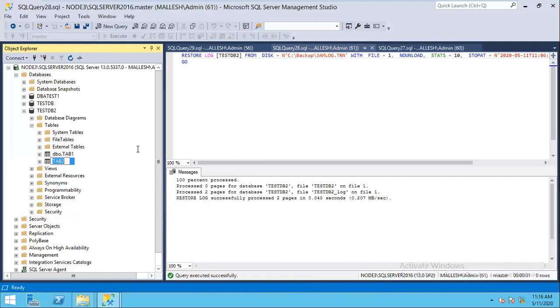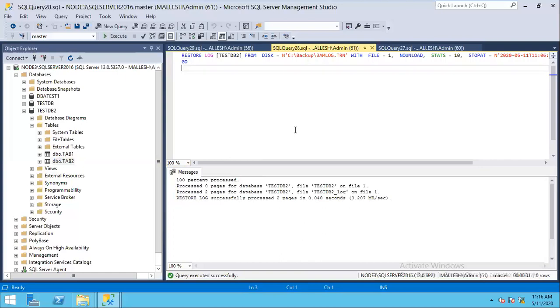Okay, and point in time means restoring to a specific time. Maybe sometimes they'll ask which table is deleted. Then we have to find the table information, the delete information, and we have to use the point in time recovery. But when this kind of situation is happening in a real-time environment,